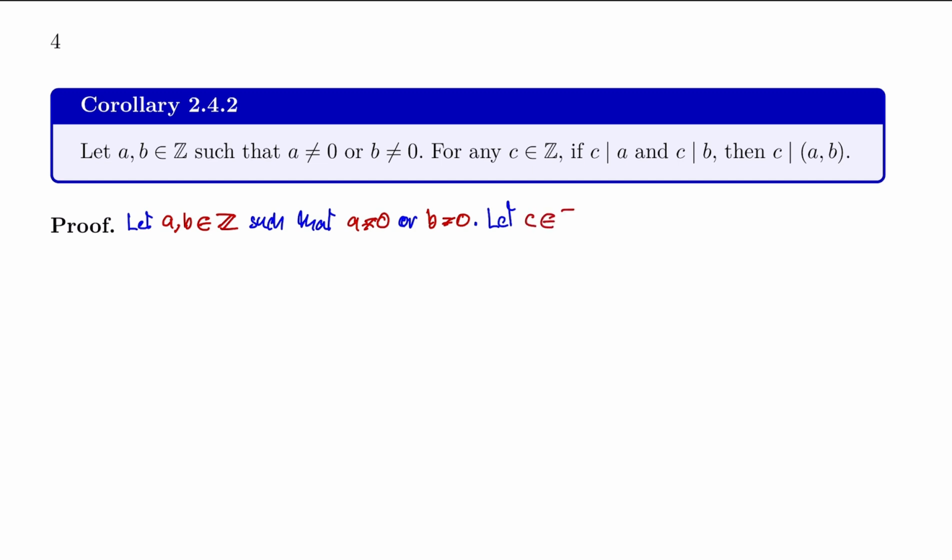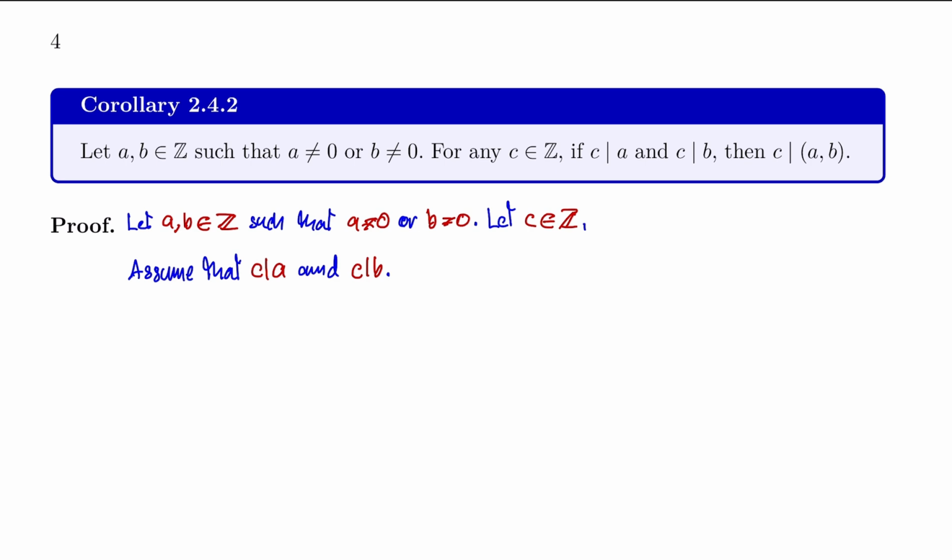So we let c be an integer and assume that c divides a and c divides b. Then we are going to try to prove that c divides the greatest common divisor of